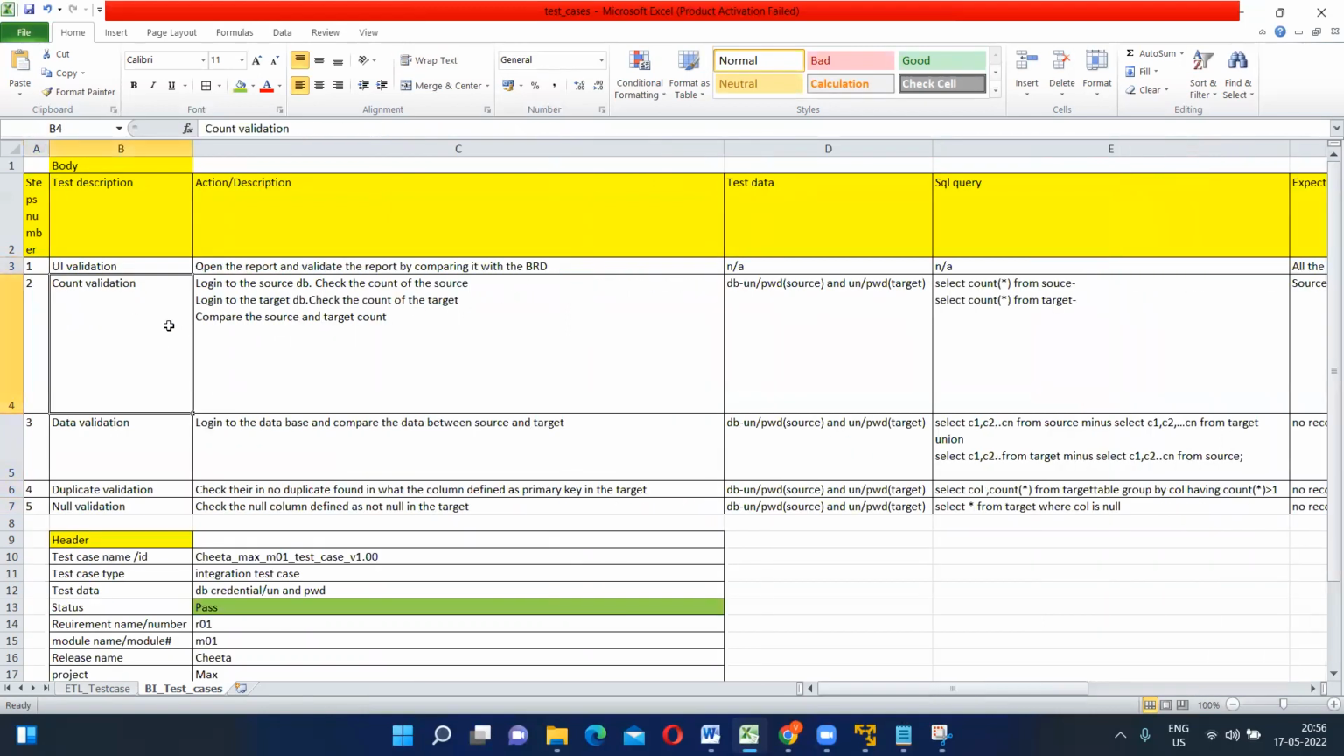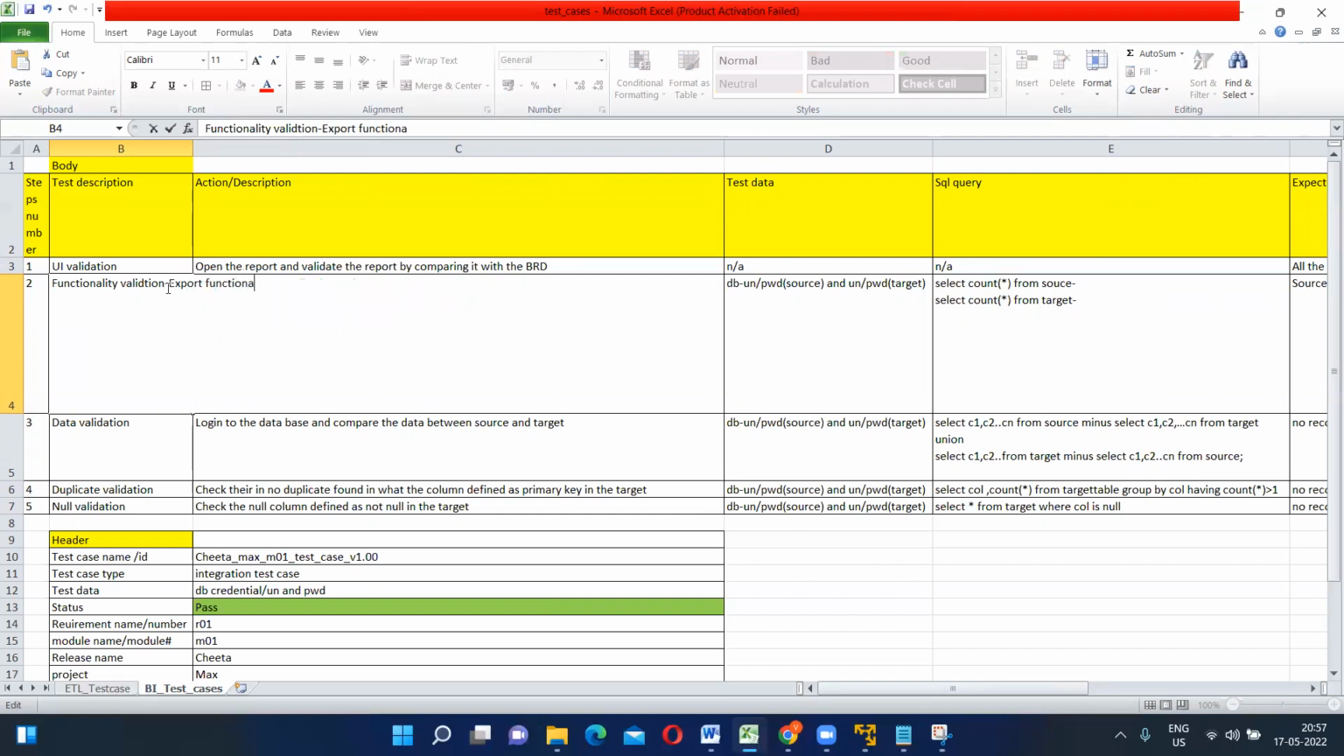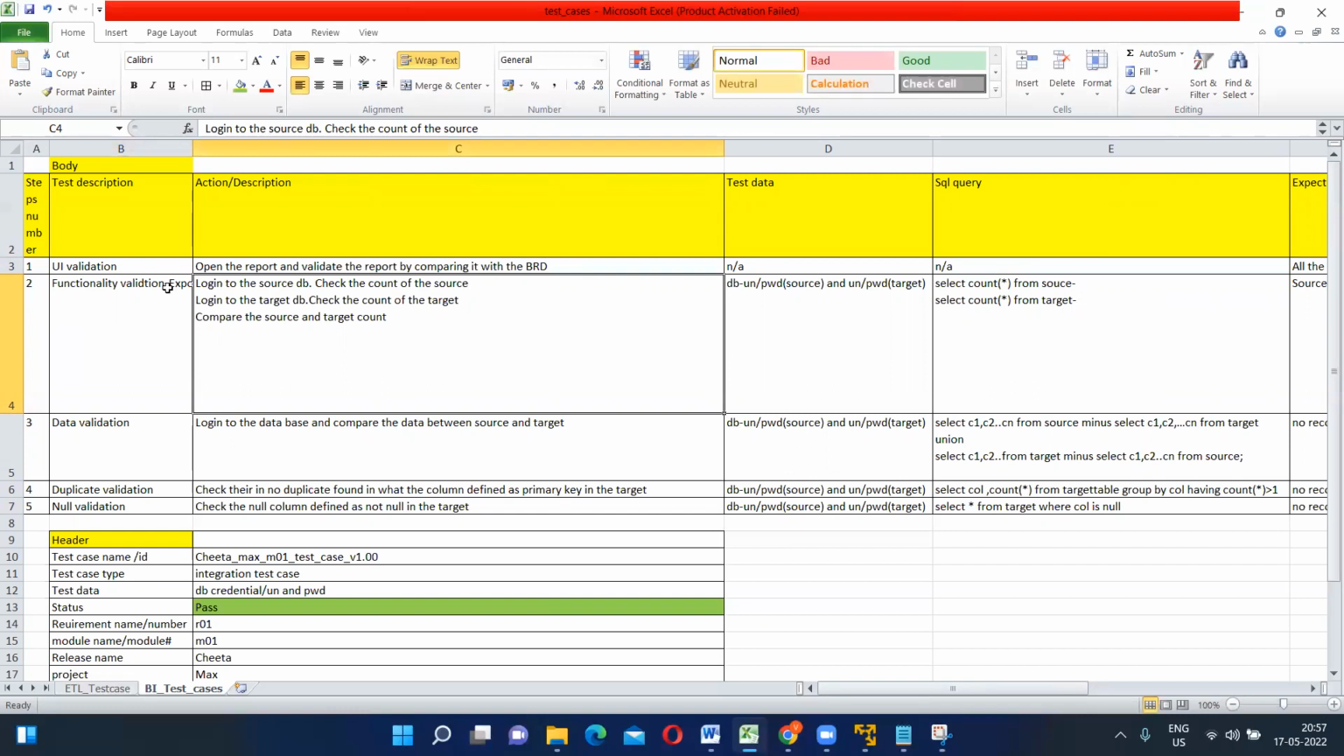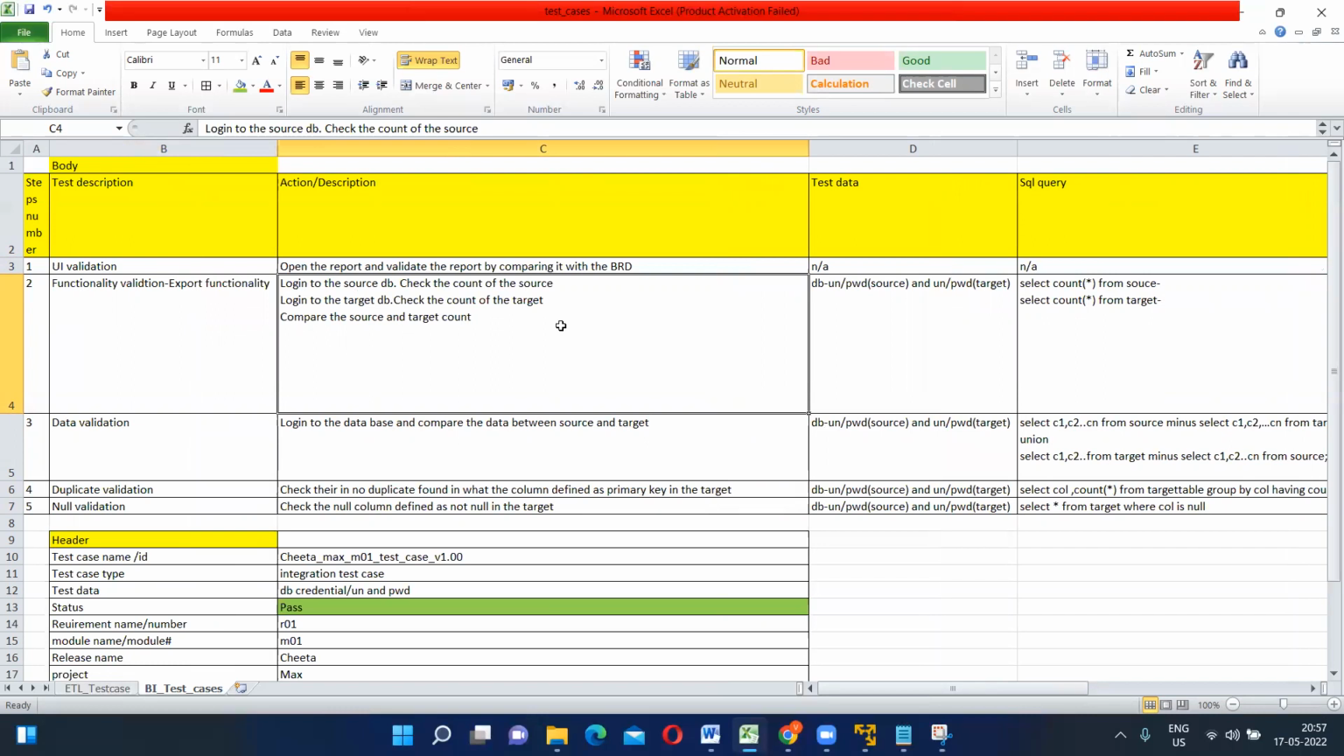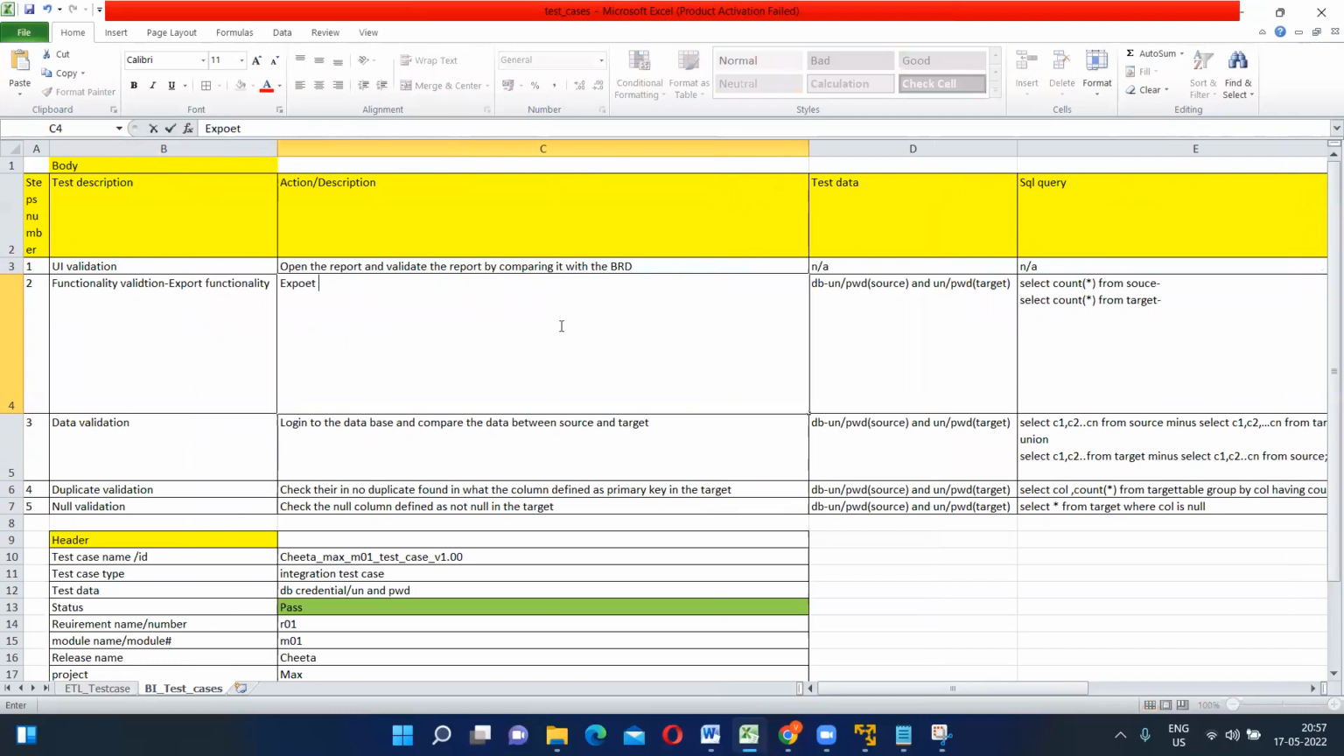Next, this is UI validation. Next is functionality validation. Suppose I want to validate the functionality. In the functionality validation, we can have a lot of test steps. Suppose there is export functionality. What do we have to do, guys? What is the action description? Let us write here: export the report